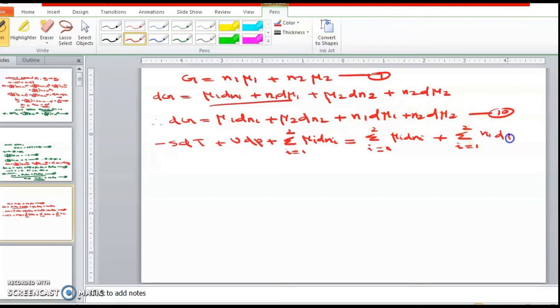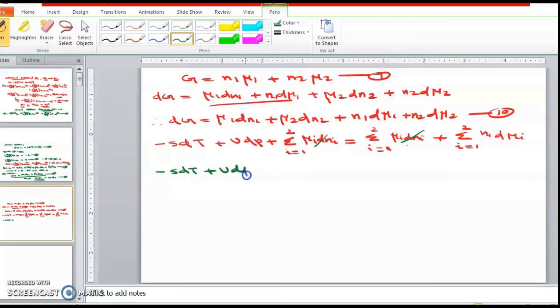Or, we have similar terms, right? Look here, we have sigma i equal to 1 to 2 mu i dn i. So we have the same term here, so we can cancel them, and the remaining terms we can write